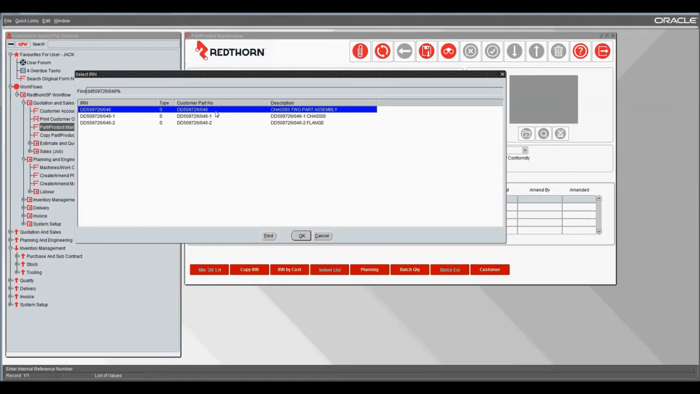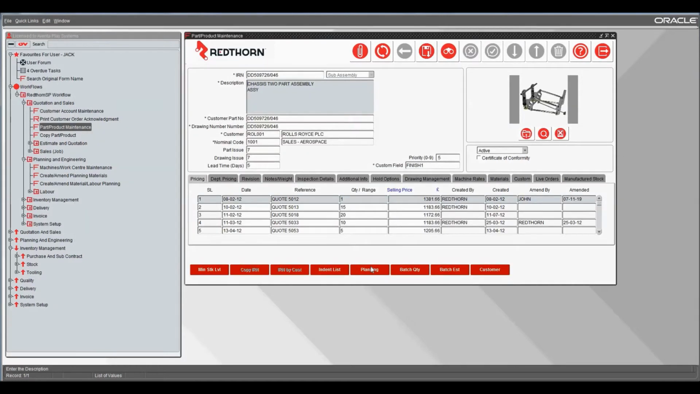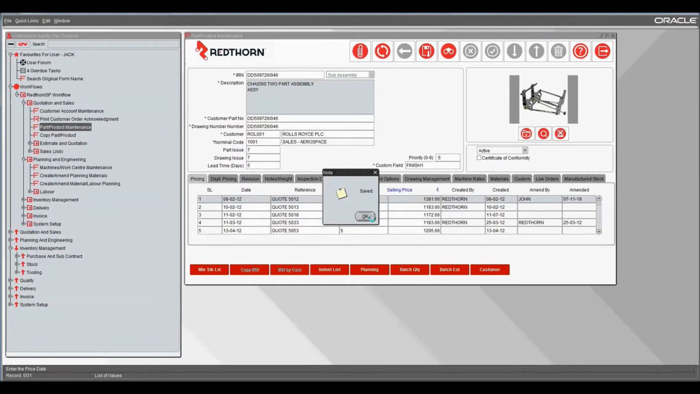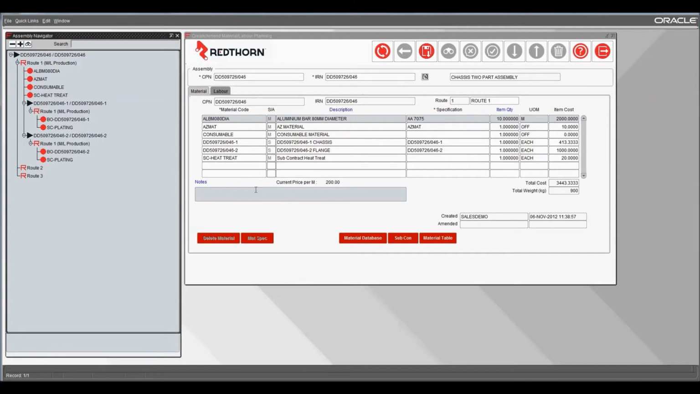So I've got a two-part assembly, which I'm going to use by way of example. And if I go into planning, it'll take me through to the planning screen for that part, which is exactly the same as pulling it off the menu. And it's instantly showed me the material plan for this two-part assembly. And I'm going to step through this material plan in detail so you can have an understanding of what you're